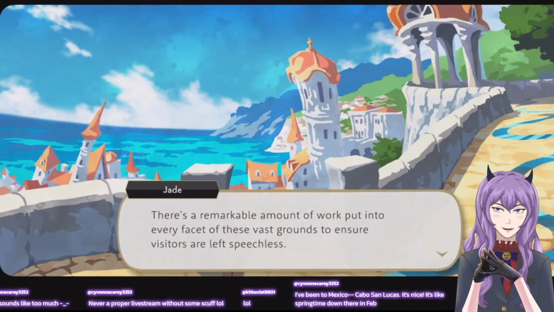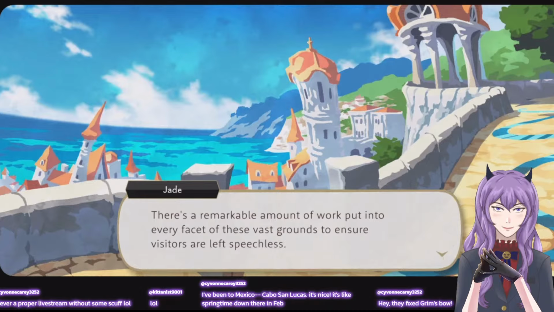It does look very scenic. Very nice. A lot of stairs, though. It's funny because most of the time... I don't know